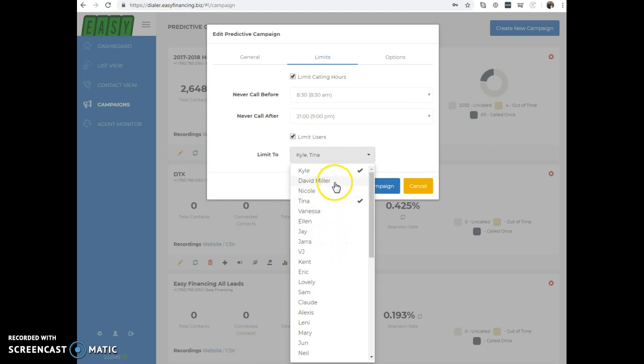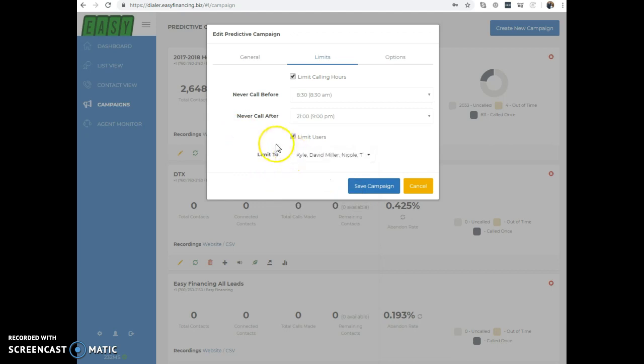So let's say I want Kyle, Dave Miller, Nicole, Tina. I want only those four to have access to this specific campaign, so I check their names. If I limit users, everyone aside from the four people that we have selected won't have access to that campaign. But most likely, we want to not limit users so that everyone will have access to it. Okay, next,